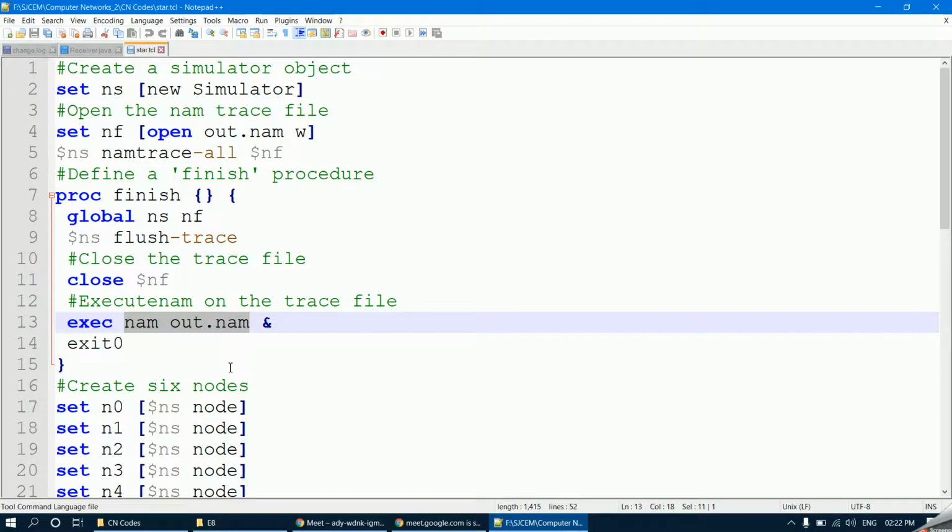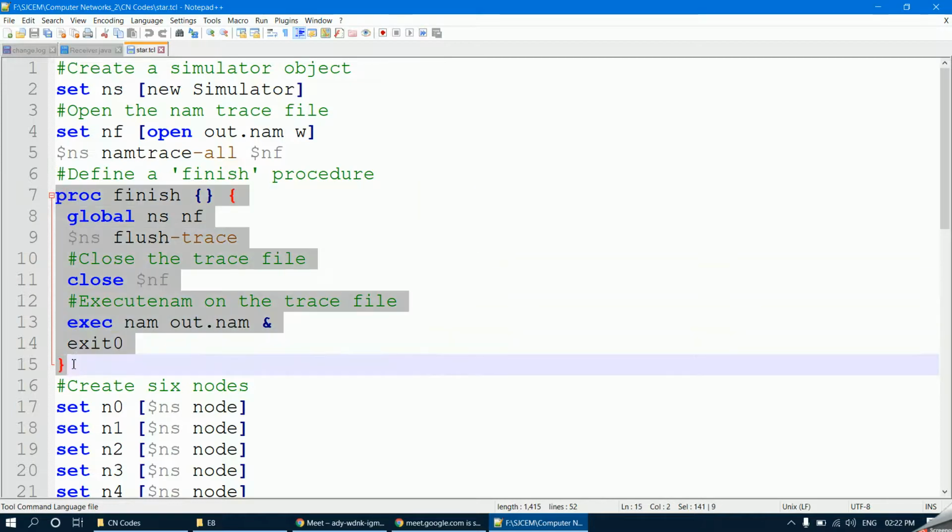तब तुम्हारा code execute होगा and you will be seeing the output. Do not worry, when I'll show you the demonstration, you will understand. So this procedure is a standard procedure in your TCL script. First creating the network simulator, then to open the NAM trace file, you require set nf in your square brackets open